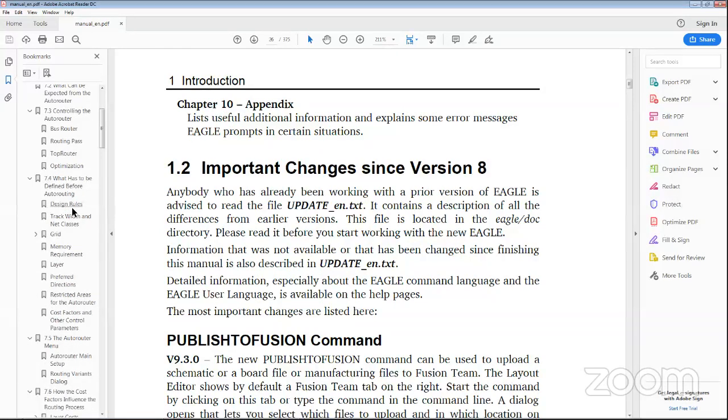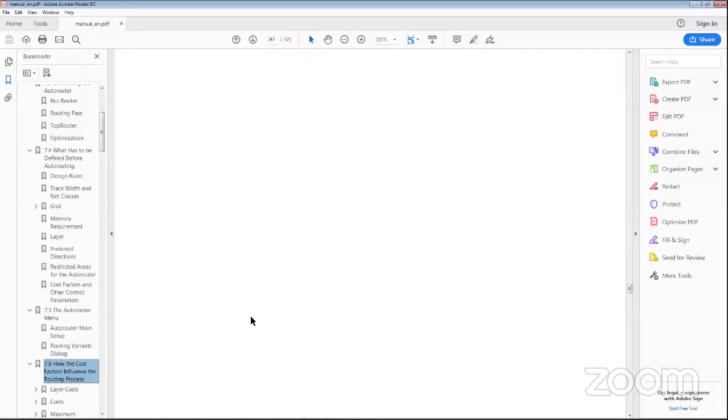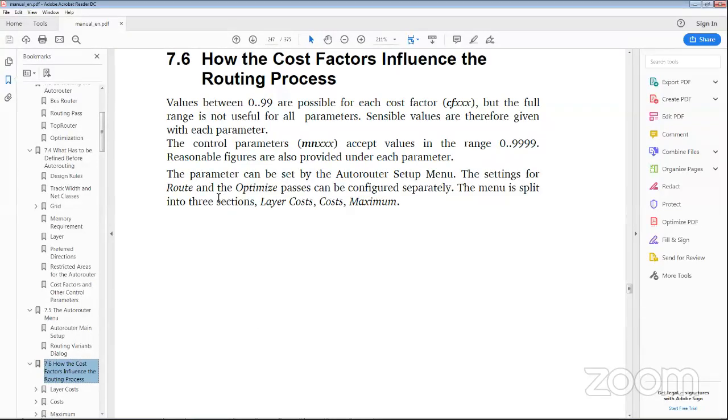Where are we? Here we go, 7.6. Give Adobe a second to catch up. There we go. So it tells you values between 0 and 99 are possible for each cost factor,